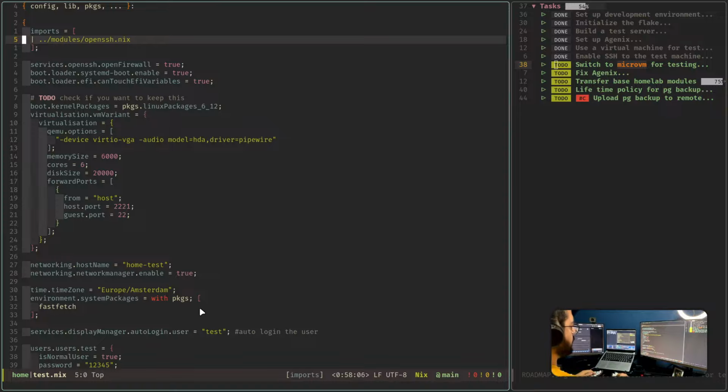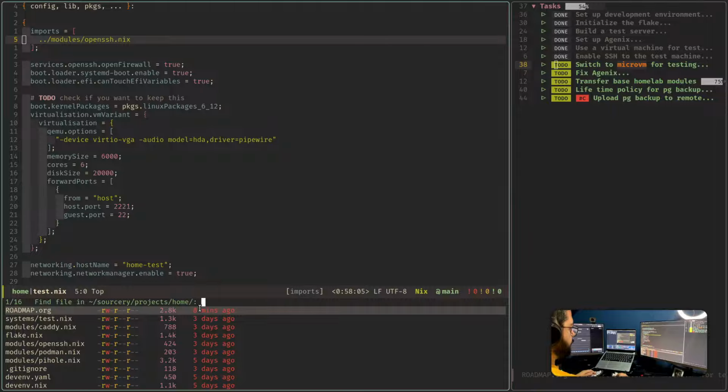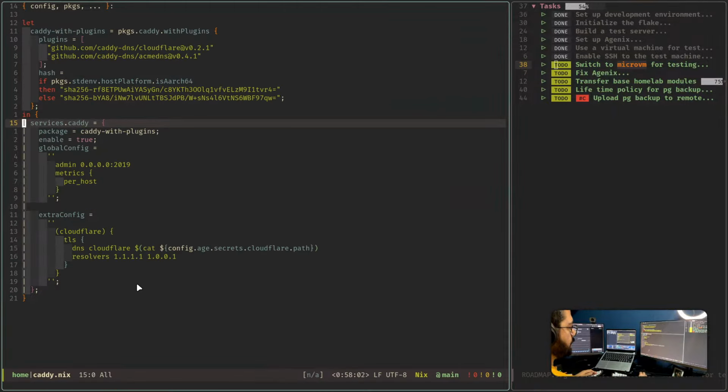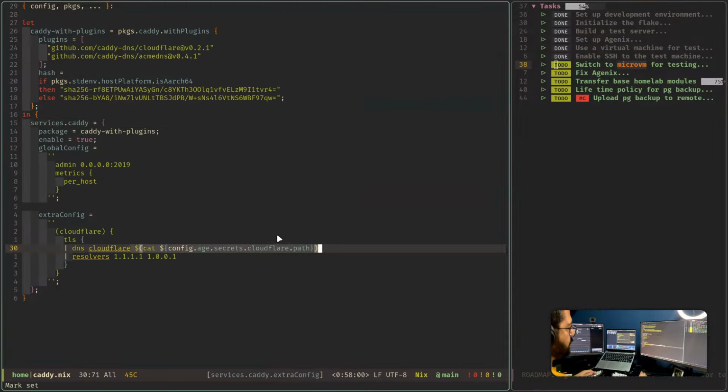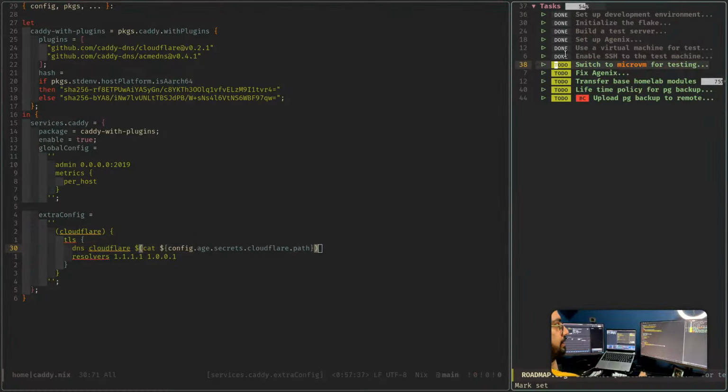by Caddy, and by that I mean basically this syntax, which will put this together with a path to a file inside the Caddy config, expecting Caddy to do the cat, which is not going to happen. There are some changes I'm going to apply here, but before that I had another problem, and that was using